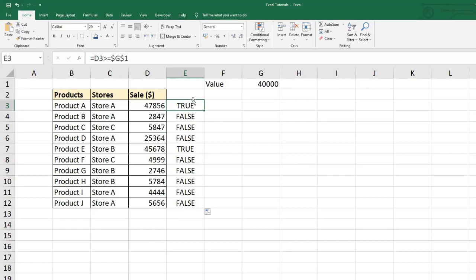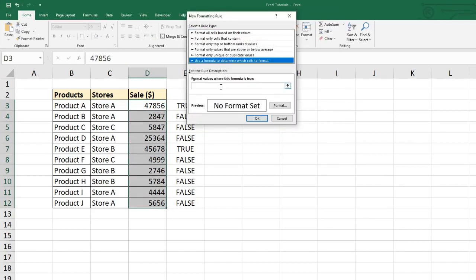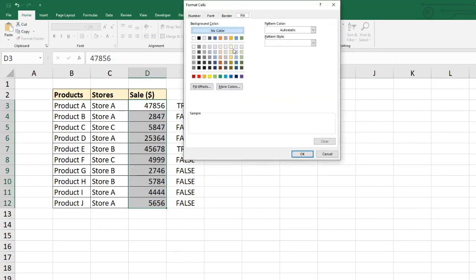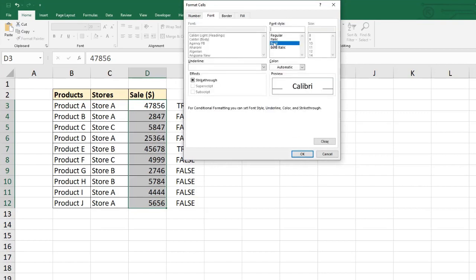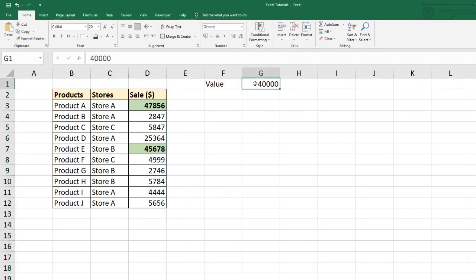So here we will copy this formula in our conditional formatting, and you need to copy the very first cell of your range. Select your data, go to conditional formatting, new rule, use formula, and paste your formula here. Go to format, fill this with some color and make it bold and click on OK, click on OK. Now you will see that the conditional formatting is applied basis on the condition. You can remove this column, it is of no use. Now if I change the value here, my conditional formatting is now updated. So it is working fine.